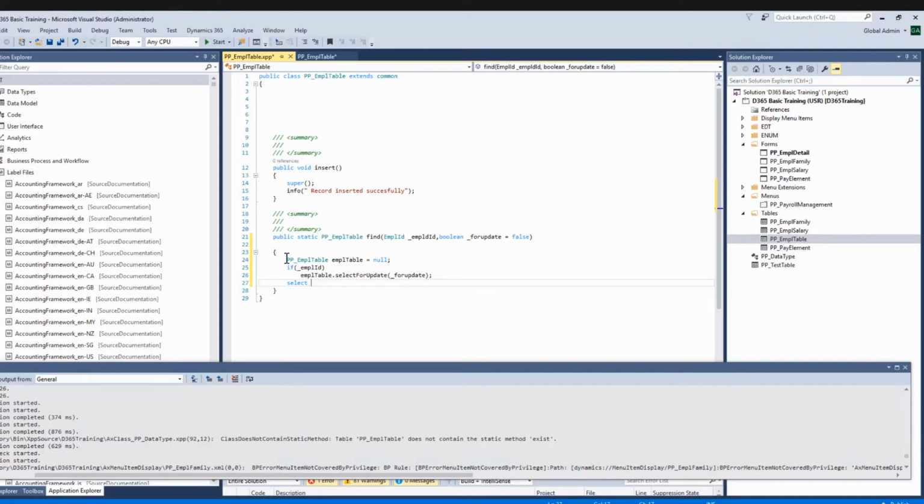Index, we have to define the index. We have to match with the index.